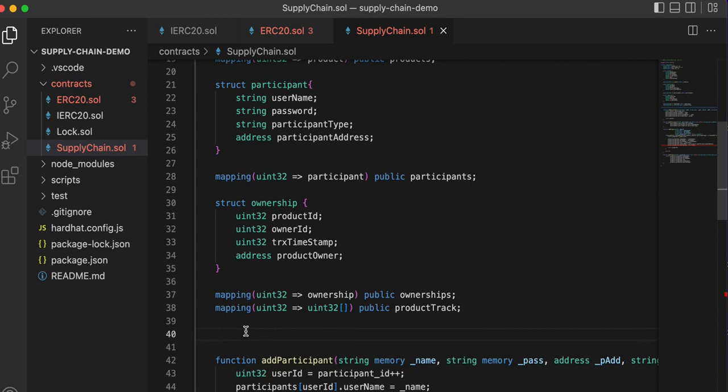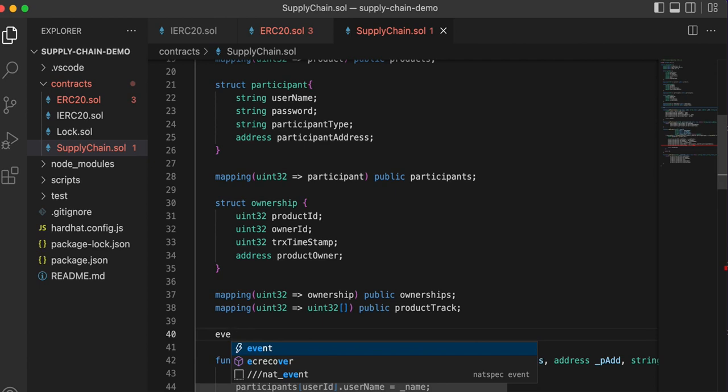pieces of code I want to add before we proceed. So the first one is an event because we are going to use it in other functions that we are going to create. So I'll create an event, and the second one will be a modifier. So after creating the event, I'm going to talk about what an event is and what a modifier is. So let's create an event